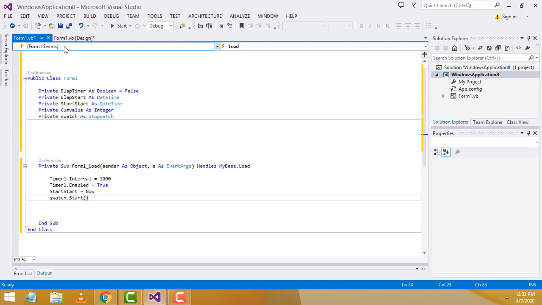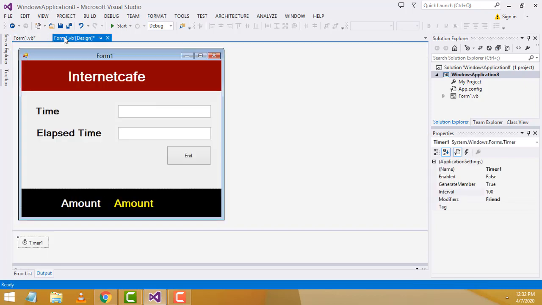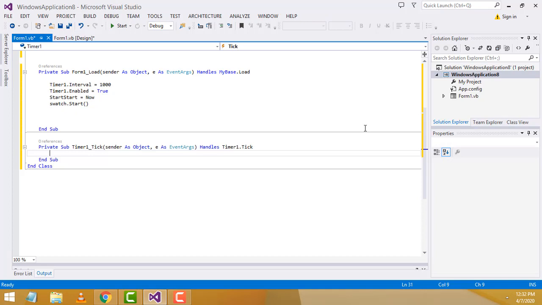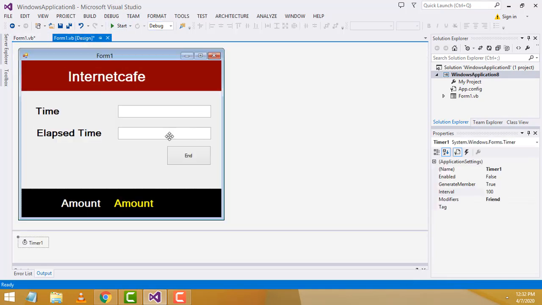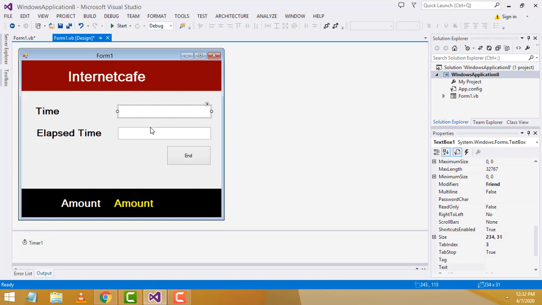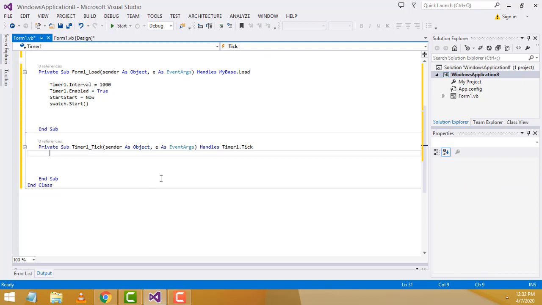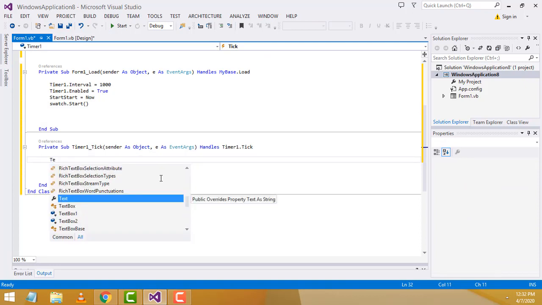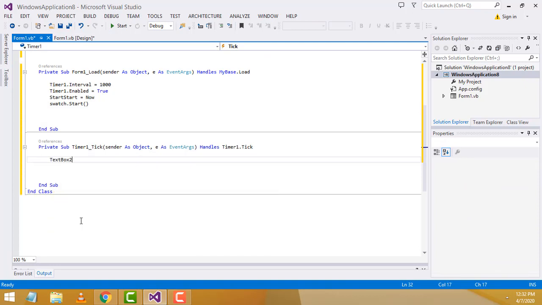Okay. After that, here we have to write the timer tick code. So double click on this one. You have to write here the text box. This is text box 2. This is text box 1. Text box 2, this elapsed date calculate. We have to do the first things, right? So text box 2 dot text